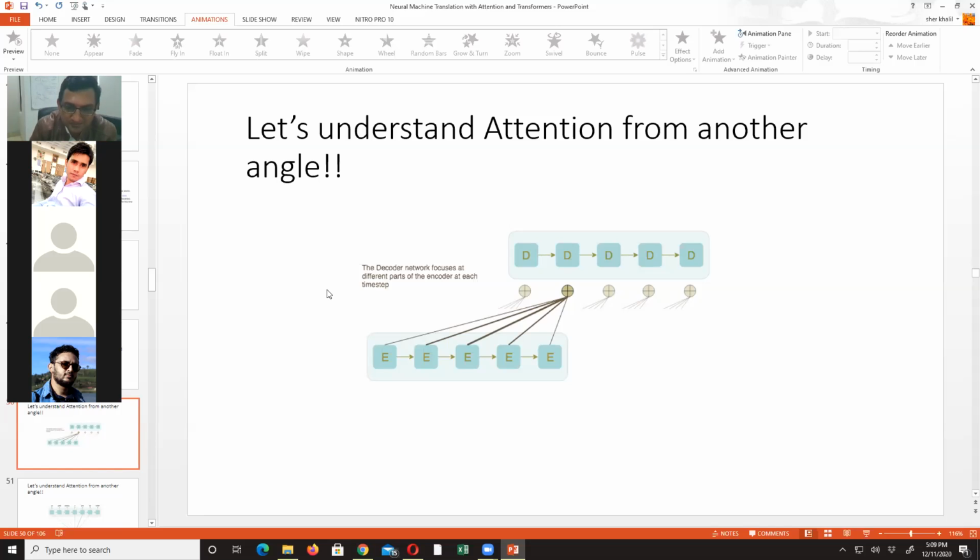You can see here, in the attention model, the encoder is producing a hidden state, sending it to the next encoder. Not only that, but at the same time, it is sending its output to the corresponding hidden state in the decoder. Why are we doing it? We want both the encoder and decoder to learn simultaneously.